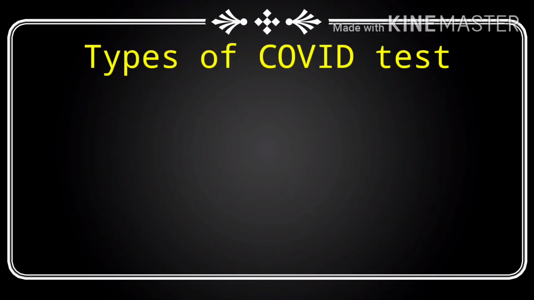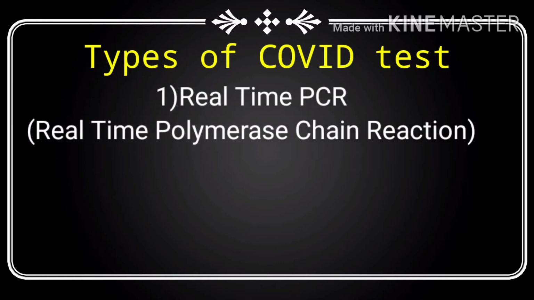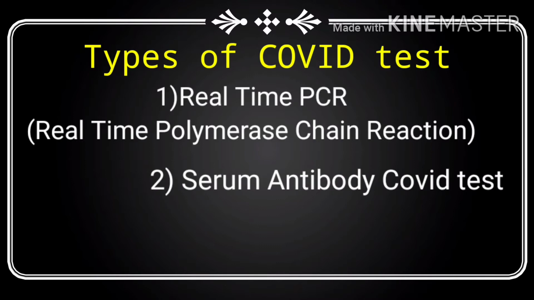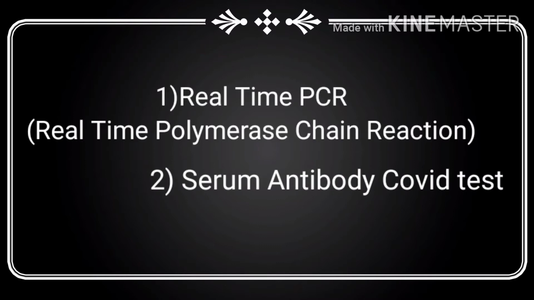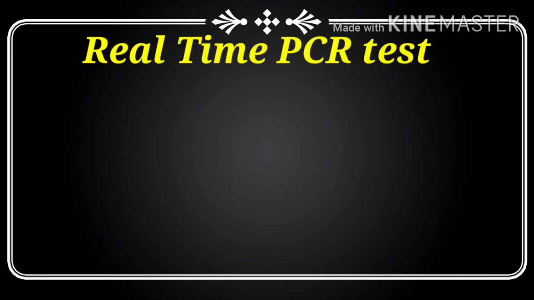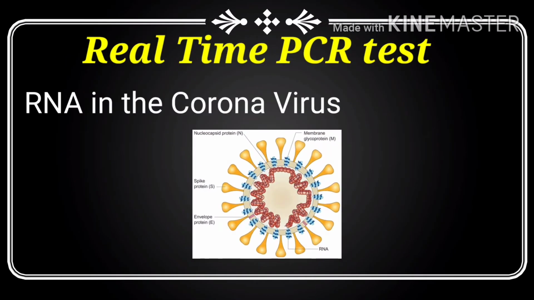There are different types of COVID test, like the real-time PCR method, which is the real-time polymerase chain reaction method, and the second one is the serum antibody COVID test. First we'll go with the real-time PCR method. Real-time PCR method is used to determine the